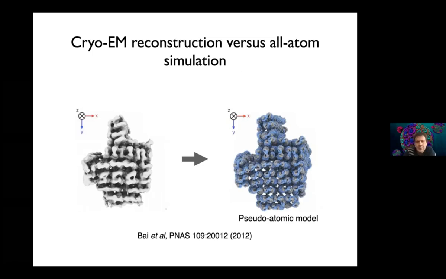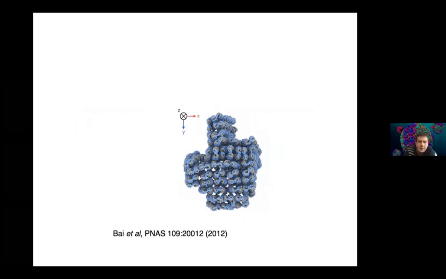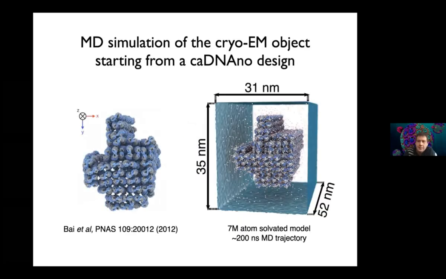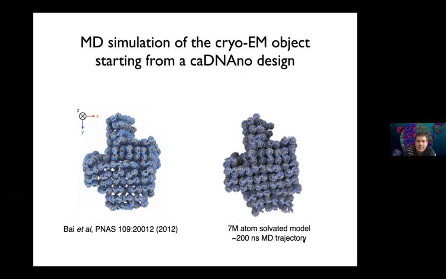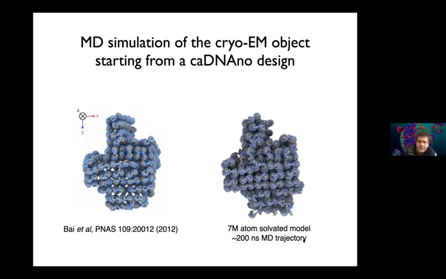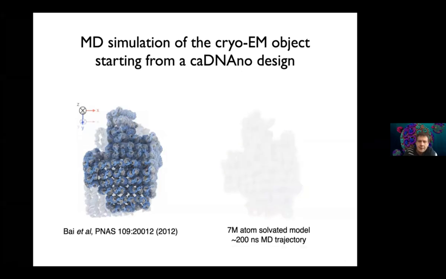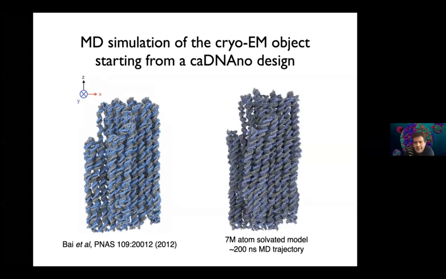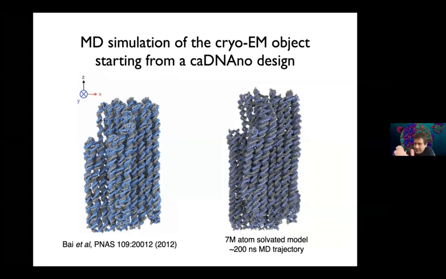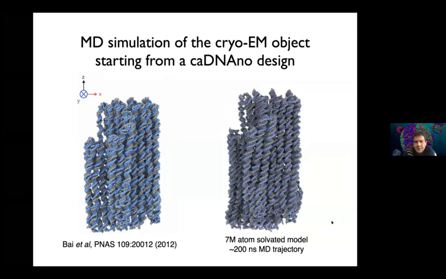So it's an experimental structure, but you can also do it in a simulation. It was a big simulation. At that time, 7 million atoms, everything one-to-one, and we just ran. And to our delight, it actually starts deforming towards what the experimental system is. Just like that. If you look from the other side, at first it looks like the deformations are a little bit minor. They're actually not so minor, because they're very deliberate, and it definitely goes into the right